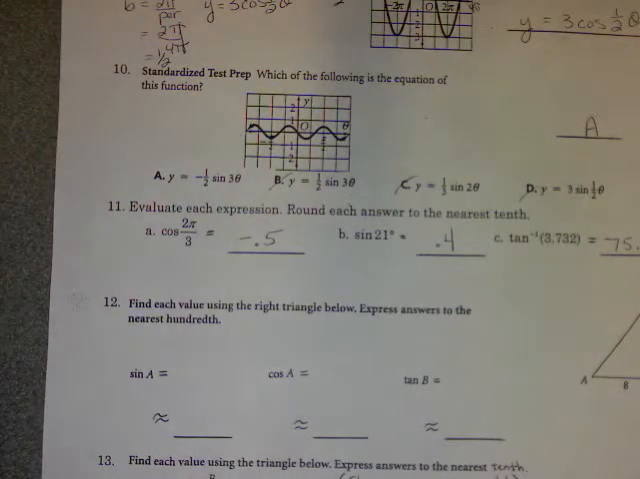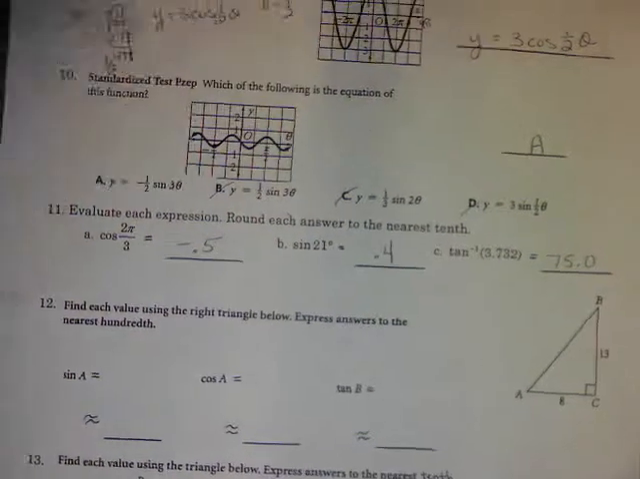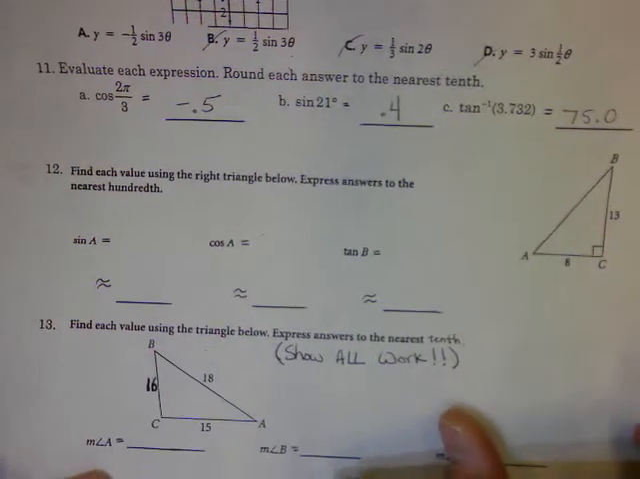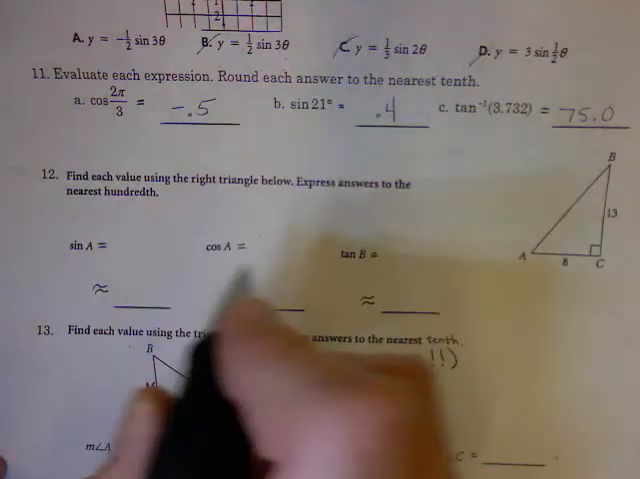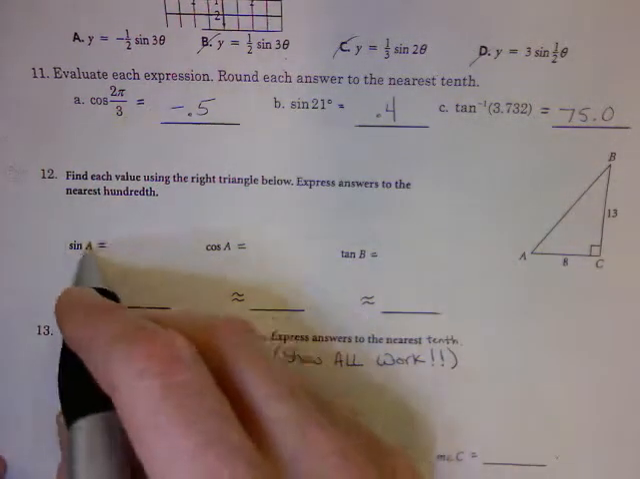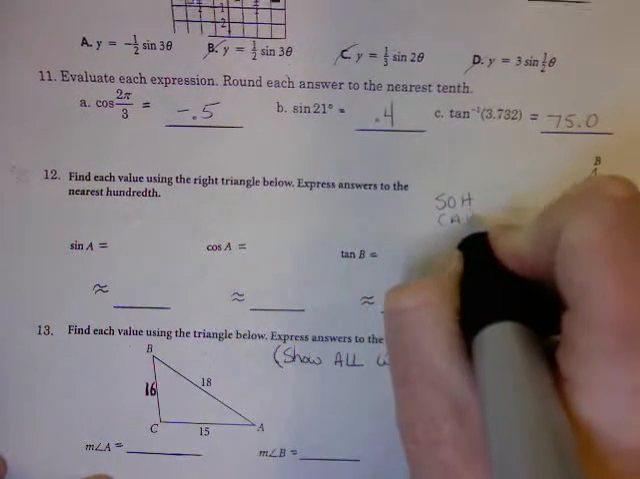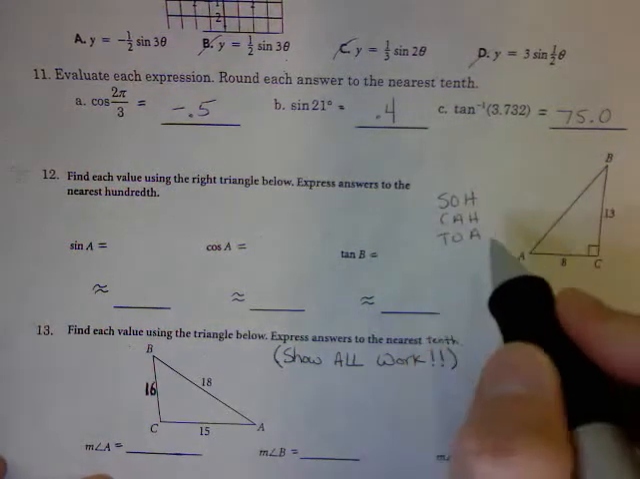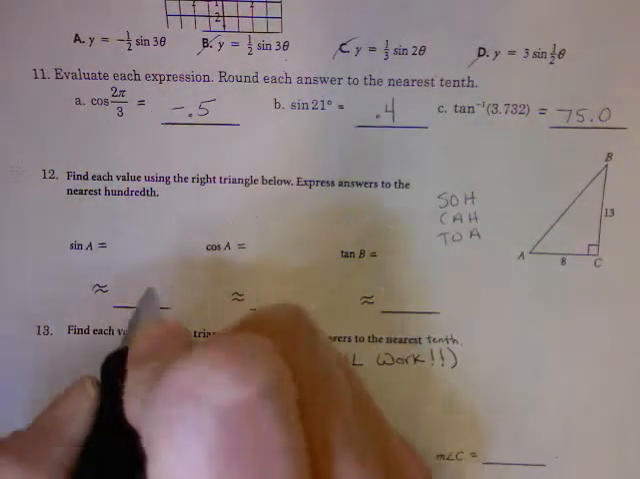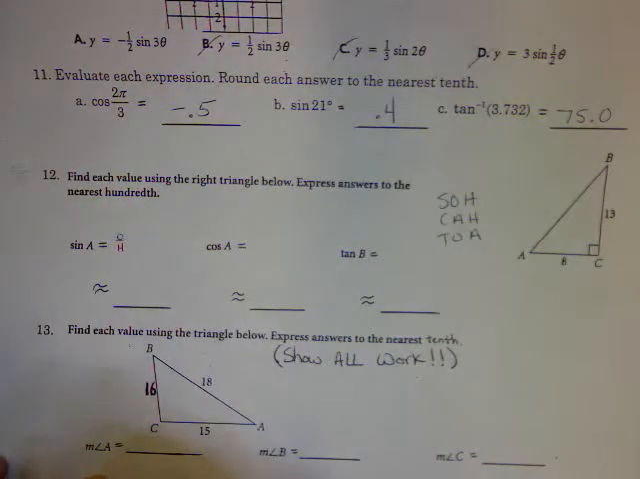Find each value using the right triangle trigs below. Express your answers to the nearest hundredth. So if we're looking at this triangle, if A is our reference angle here for sine, we're going to use SOHCAHTOA. So if we're using sine, we need the opposite and the hypotenuse, because the sine of A is opposite over hypotenuse, which in this case is